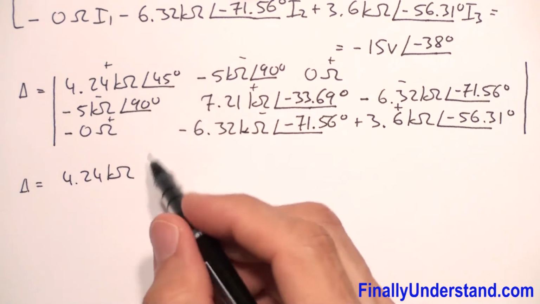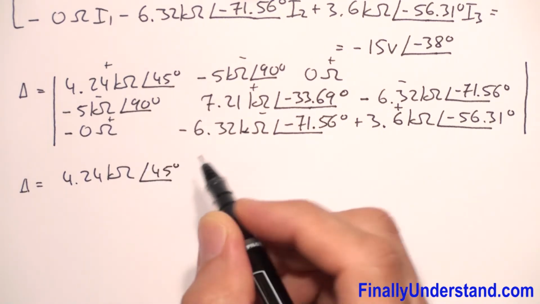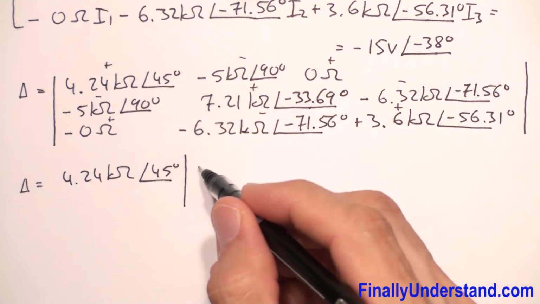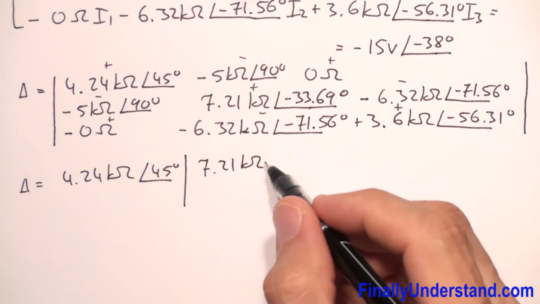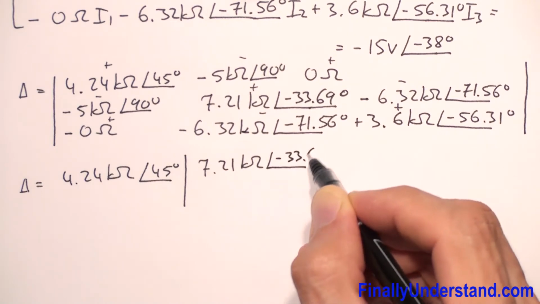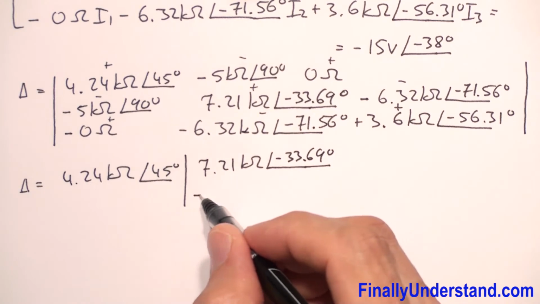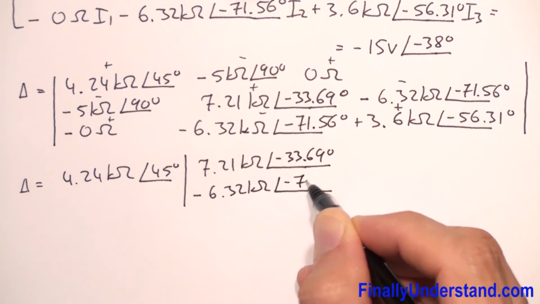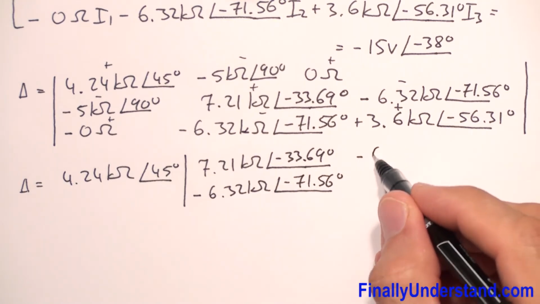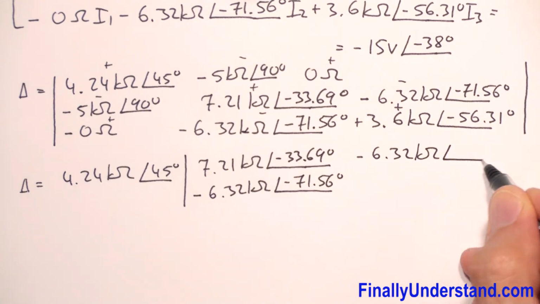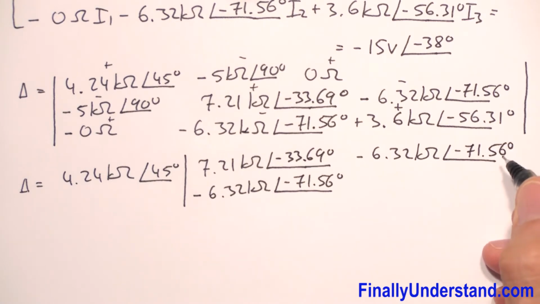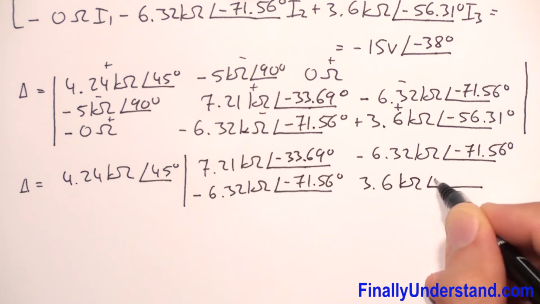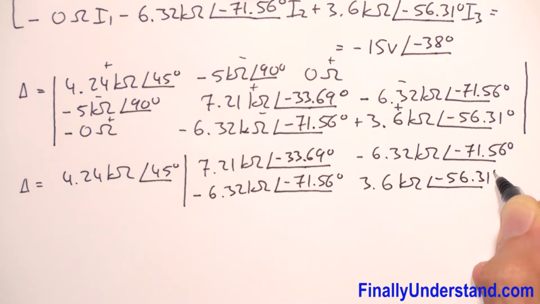Okay, this sign is very important. And angle of 45 degrees times, okay, times determinant of these 4. Okay, so I have 7.21 kilo ohms and angle of negative 33.69 degrees, and I have minus 6.32 kilo ohms and angle of negative 71.56 degrees, and I have negative 6.32 kilo ohms and angle of negative 71.56 degrees, and I have 3.6 kilo ohms and angle of negative 56.31 degrees. Okay,